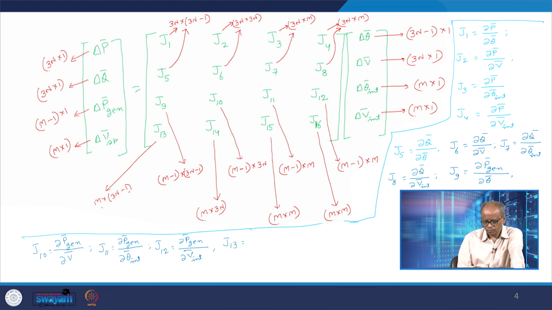J13 del v specified by del theta, J14 del v specified by del v, J15 del v specified by del theta int, J16 del